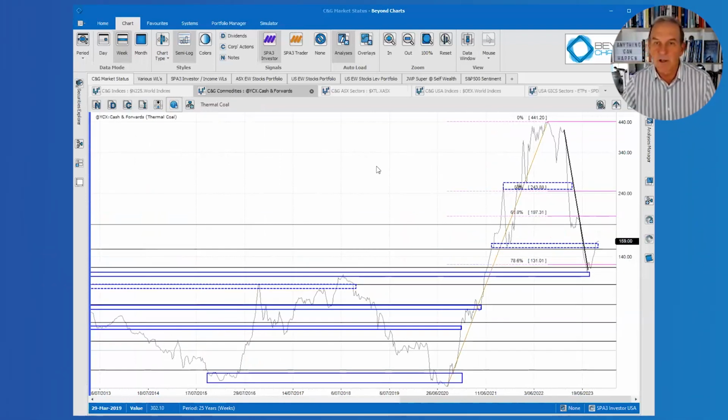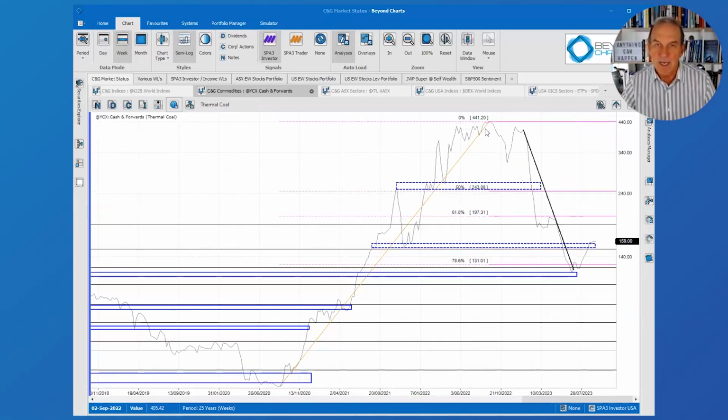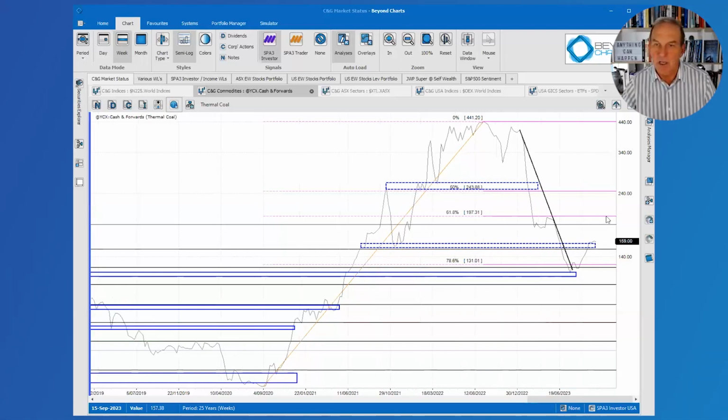And lastly, just looking at thermal coal, there was that all-time high that happened not that long ago, back here around about September 2022, a year ago. There was a pretty sharp downtrend, and a breakout above that at a pretty weak resistance area, only a couple of touches there. This is the third touch. Let's keep an eye on thermal coal to see if it breaks and goes higher.